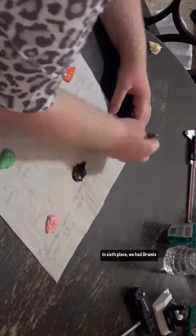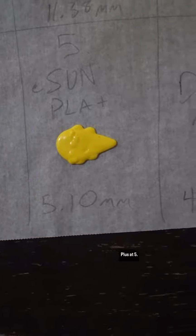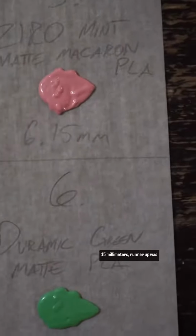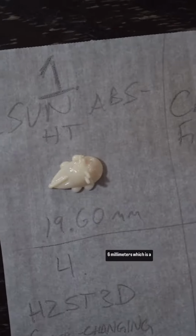In 6th place, we had Duramic's green matte filament at 4.83mm. In 5th place, this really surprised me, was eSUN's PLA Plus at 5.1mm. HZST3D's color-changing PLA was surprising also at 5.55mm. Zero's mint matte macaron at 6.15mm. Runner-up was Creality's carbon fiber hyper PLA at 11.38mm. And in first place is, of course, our eSUN ABS HT at 19.6mm, which is